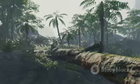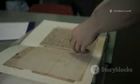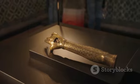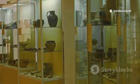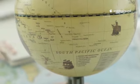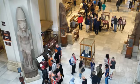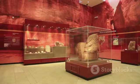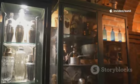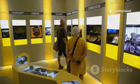And today, we're not exploring jungles or deserts, but the corridors of time. Our quest to uncover the stories behind history's most famous and infamous everyday objects. These aren't grand monuments, but ordinary items that became silent witnesses to pivotal moments. We'll travel across continents and centuries, discovering why these relics still grip our imagination. And we'll reveal where these artifacts reside today, often in unexpected places. Join me on this journey, and as we go, consider which of these objects you would most want to see